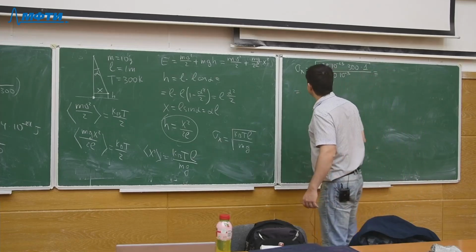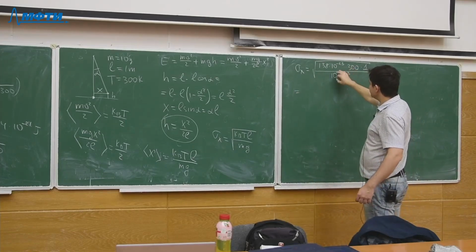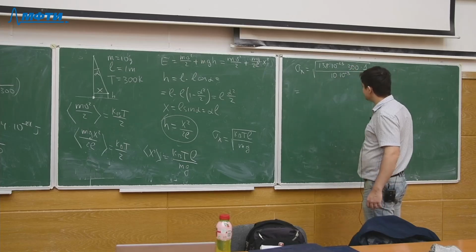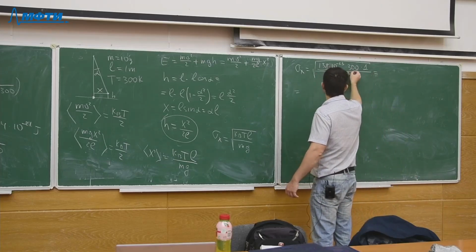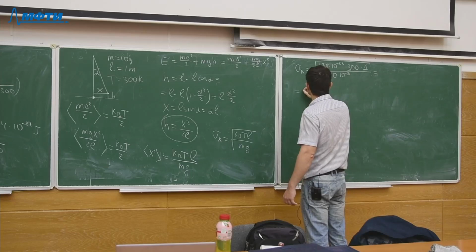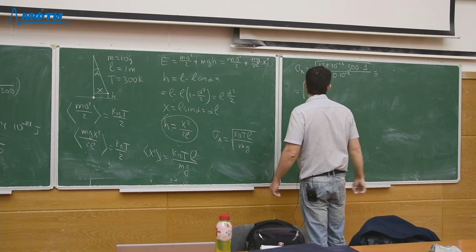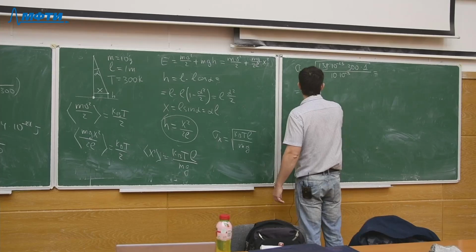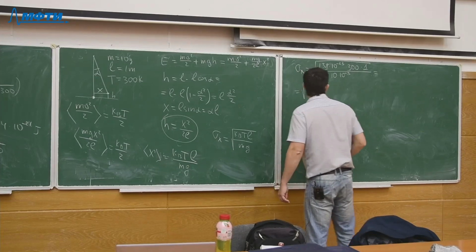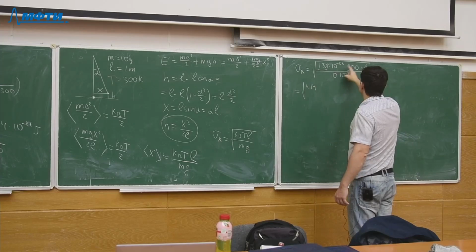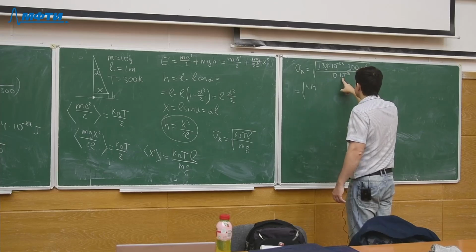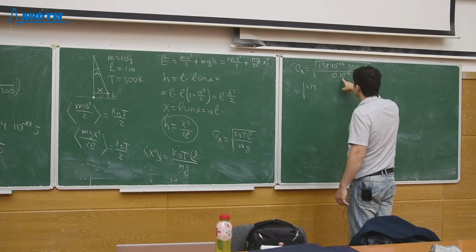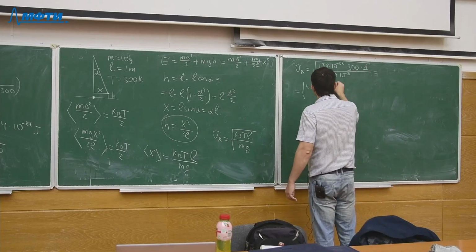So I expect this to be quite a small number, because as you see, if I just look at these tens, it appears to be quite a small number. The product of 1.38 times 3 is approximately, well, we have calculated this previously, just 4.14. This 10 to the minus 23 multiplied by 100 gives me 10 to the minus 21, but we also have 10 to the minus 2 in the denominator, so that would be times 10 to the minus 19